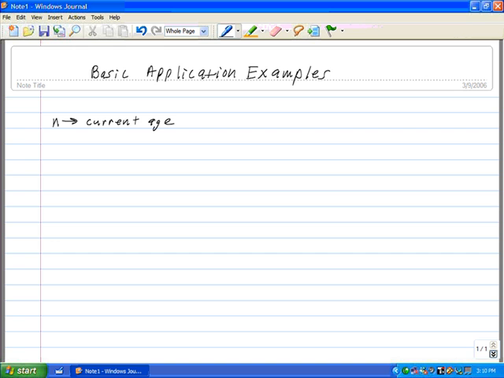If we wanted to look at that person's age, say 10 years from now, we would simply take the N, which represents the current age, and add a 10 to it. And again, that would represent age in 10 years. We could do a similar thing for past ages. We could say that N minus 3 could represent the age 3